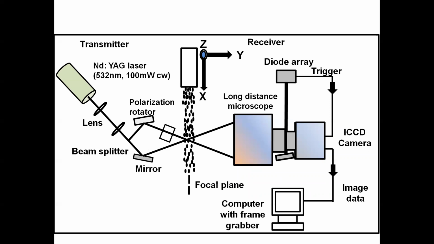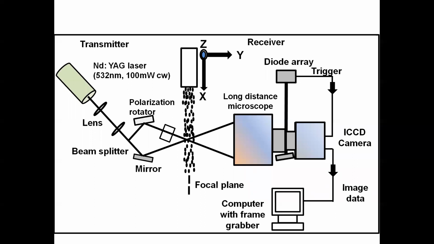There will be a computer, there will be a transmitter, this is a source, then there will be a polarizer. These are different lenses, and then a beam splitter. This is the mirror that will deflect the beam, and this is the source where you are allowing your particles to come in contact with this beam in flight mode. It means you are continuously pouring your particles, or blowing your particles like that.